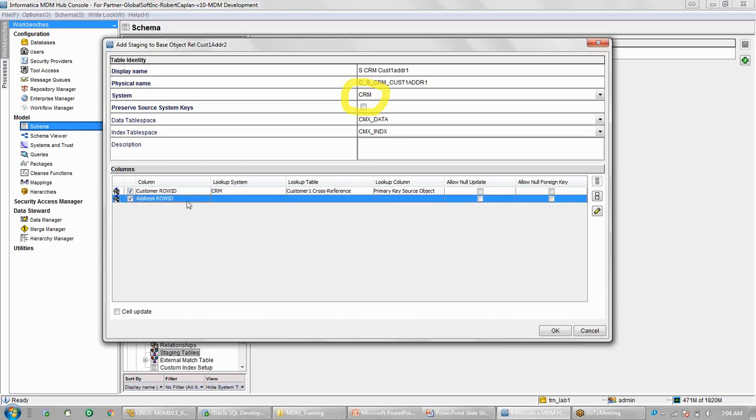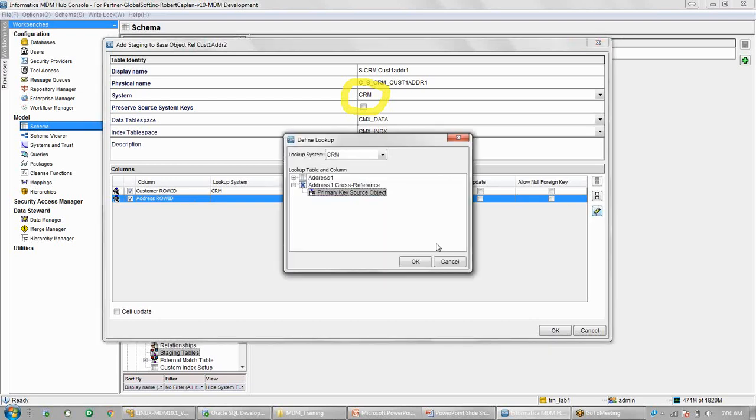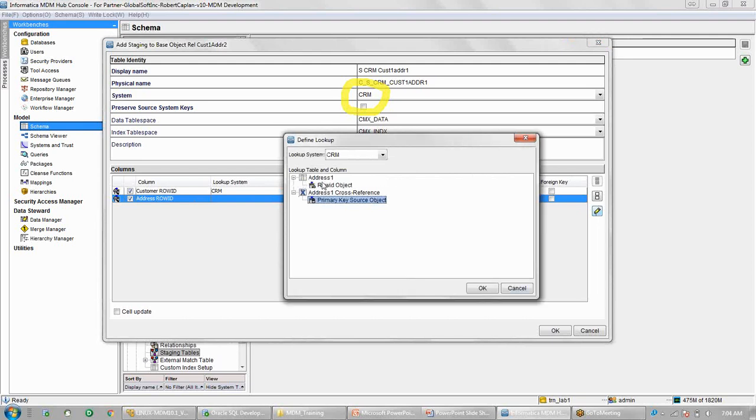Similarly for this one, the address, again we need to click on this edit, and here again I will see the same thing from address table to ID object, and this is the PK source object. So again I need to select the PK source object here.